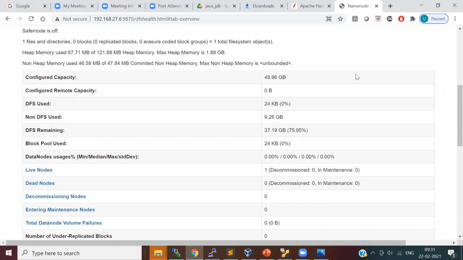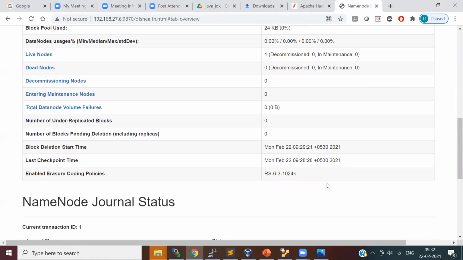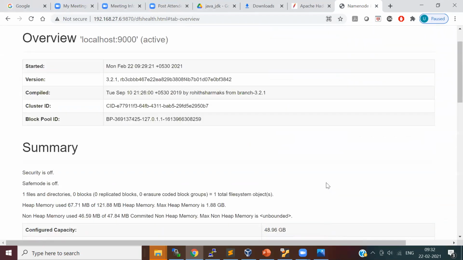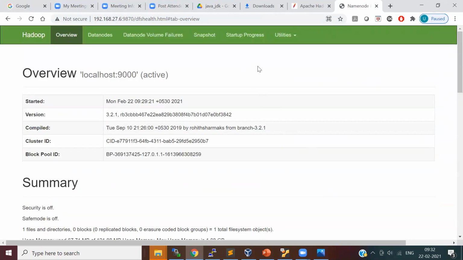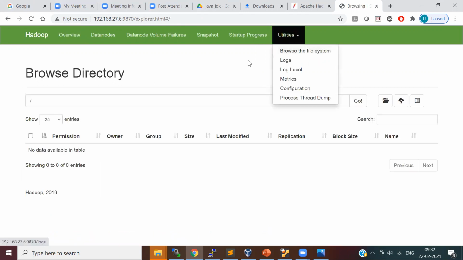Okay, so I allocated 50 GB for this VM. It shows the configured capacity and the non-DFS used space, all these things. Now if you want to look at the directories and files inside your name node, there is an option called Utilities, Browse the file system, and it will show you the directories.